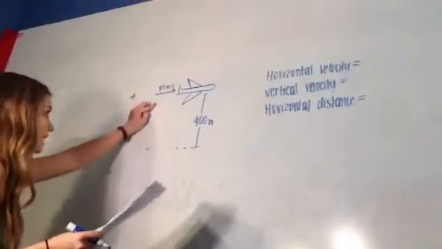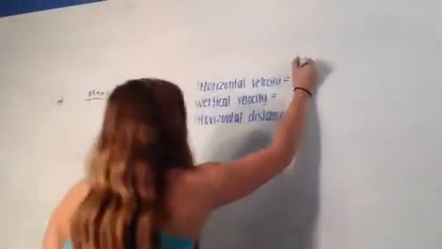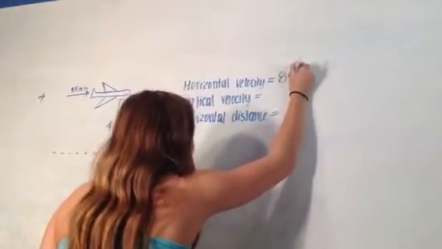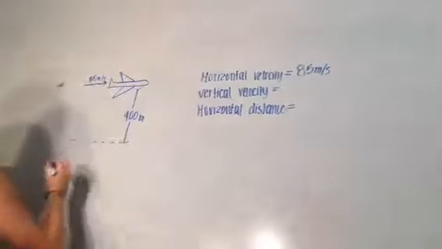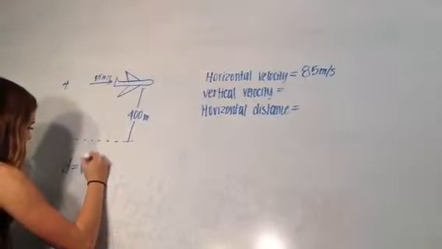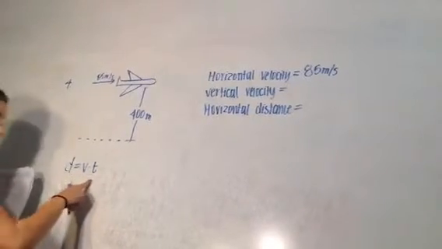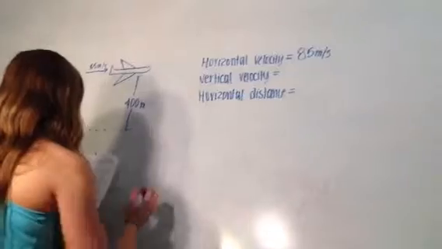So since the plane is moving horizontally at 85 meters per second, you know that the horizontal velocity is 85 meters per second. And then in order to find the horizontal distance, you're going to use the equation horizontal distance equals horizontal velocity times time. You know the horizontal velocity, but you don't know the time, so you need to solve for that first. And we're going to do that using the